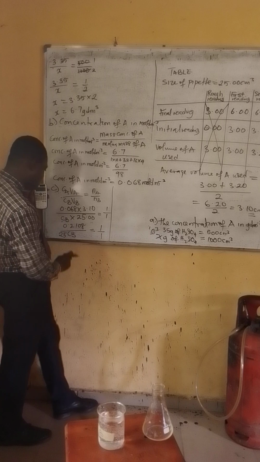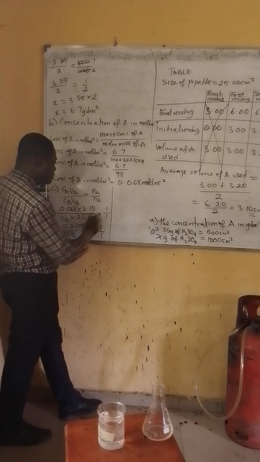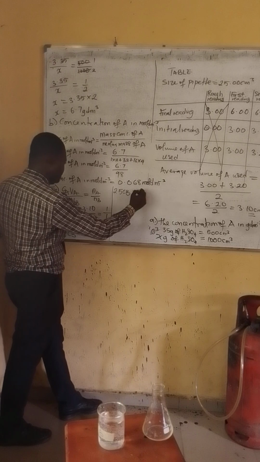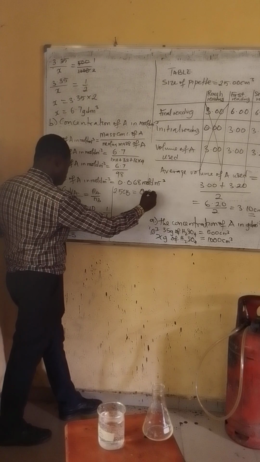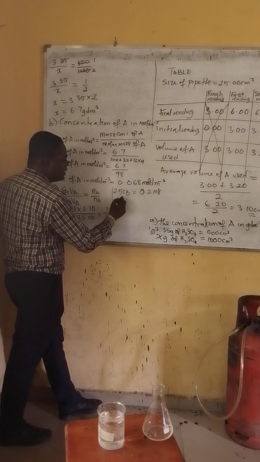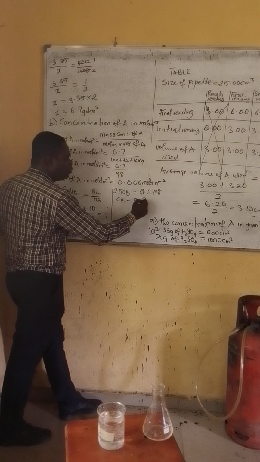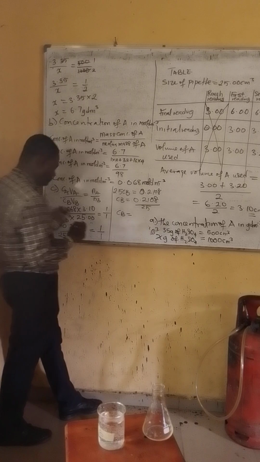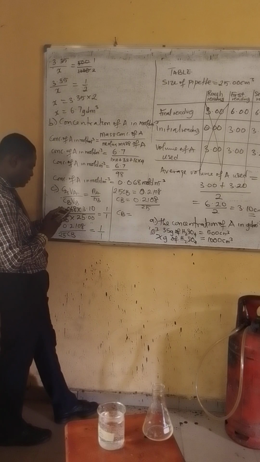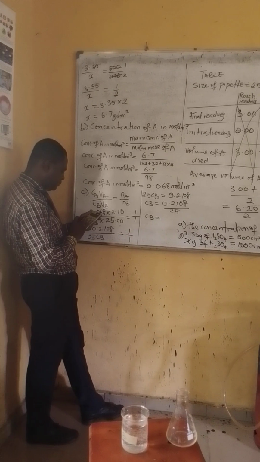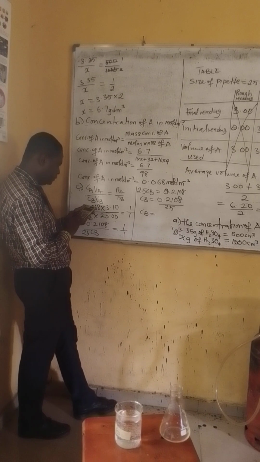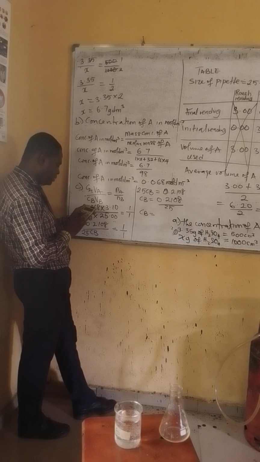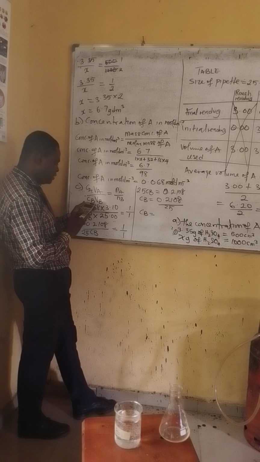This 25 is going here. So 25 Cb. If you cross multiply, we have 25 Cb is equal to this whole thing multiplying 1, which is 0.2108. Now divide both sides by 25. Cb now is 0.2108 divided by 25. So my Cb now will be 0.2108 divided by 25. My answer is